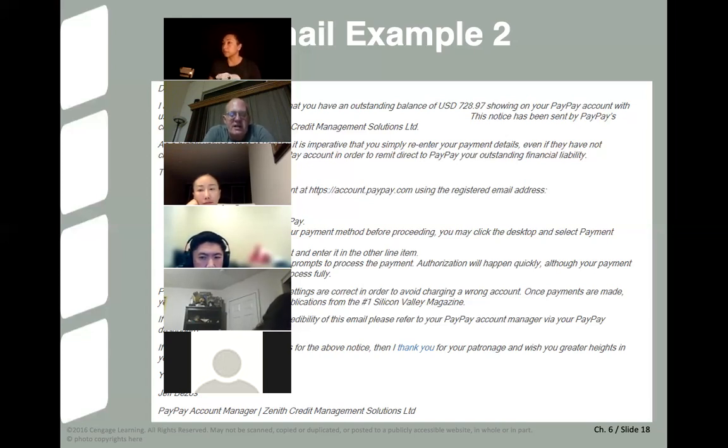Do you guys like the feel of the letter? Is it a nice, courteous, friendly document? Sounds like a scam to me. Yeah, it kind of could, except for this one line here about if you've got any doubts, contact your account manager. So what's good about that line, by the way?